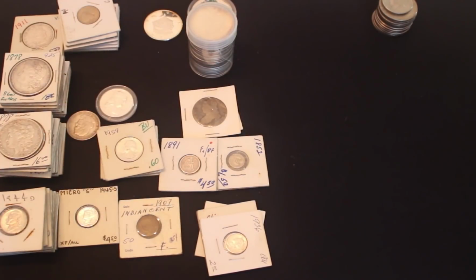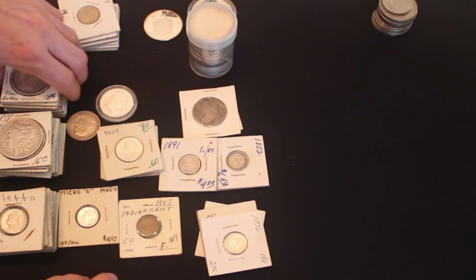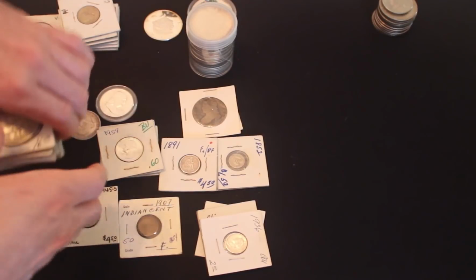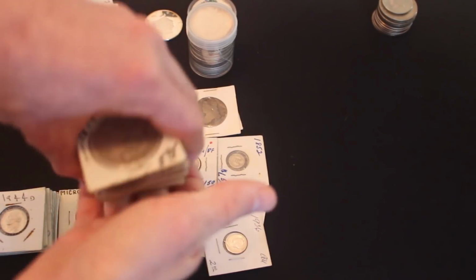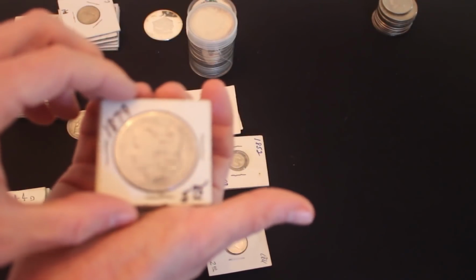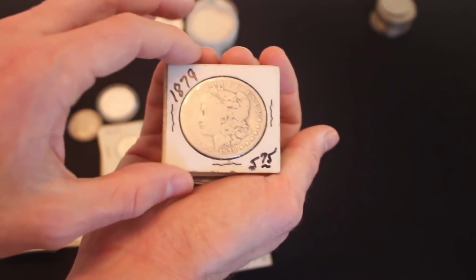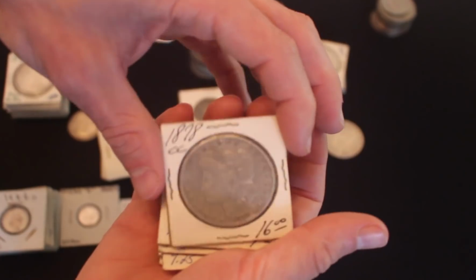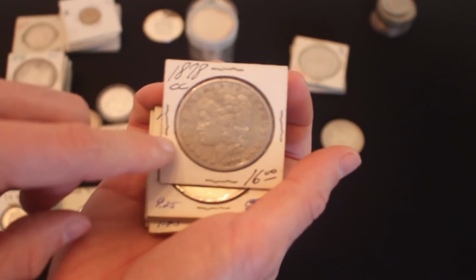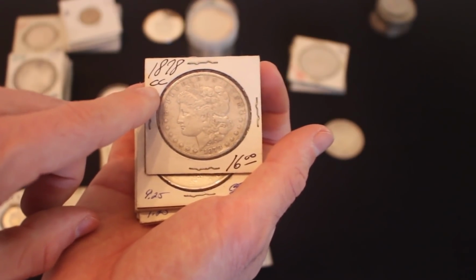So now what I do is I like to go for the bigger and more important stuff first. So what I'll do is I see I've got a big pile of Morgan silver dollars, right? And what I try to do is actually sort them into 2 different piles. I try to sort them into culls and non-culls. And here we go. So here, when I see an obvious key date or something, this one says 1878 CC,